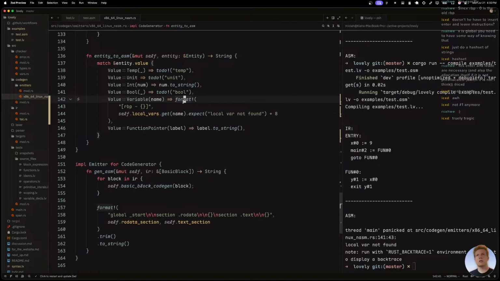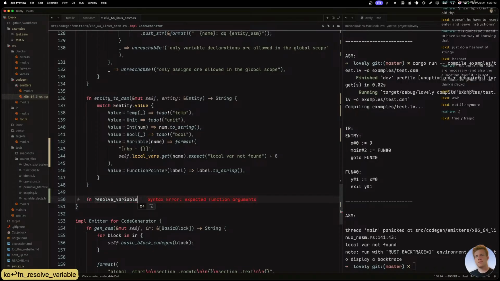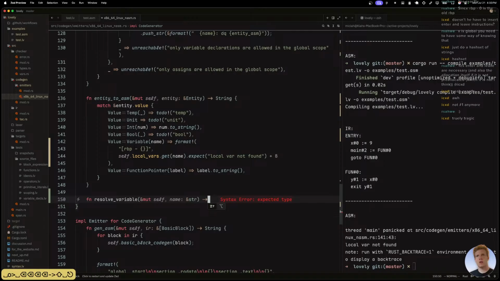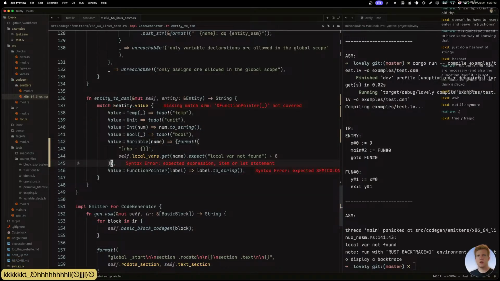Okay, wait, so here, I guess, I've got to look through. I'm just going to make a little method here, resolve variable. Or you know what? I'm only going to use that once. So I'm going to say